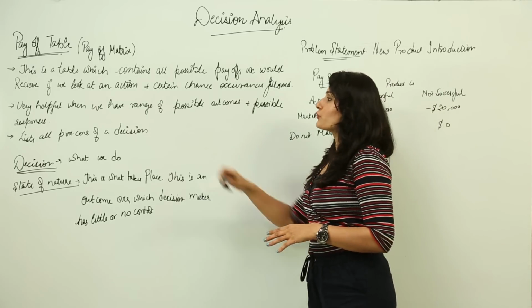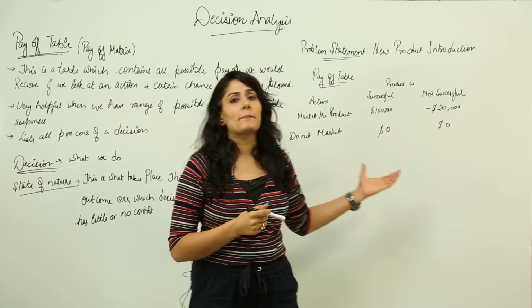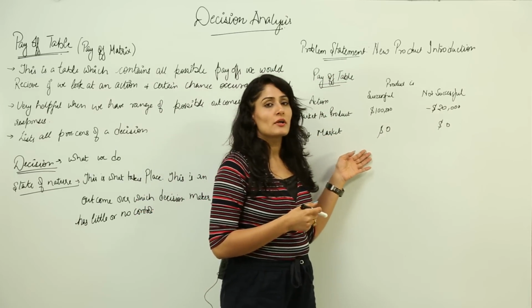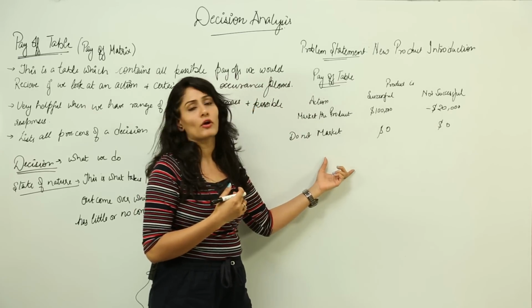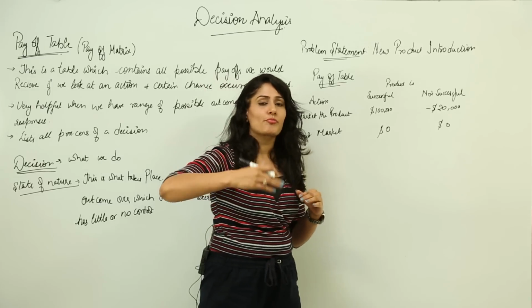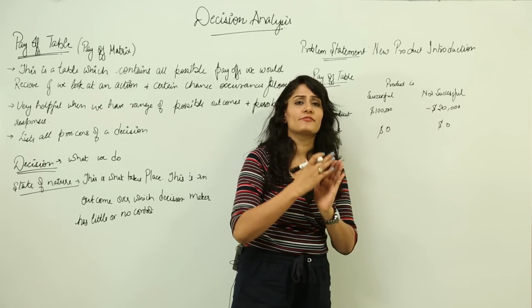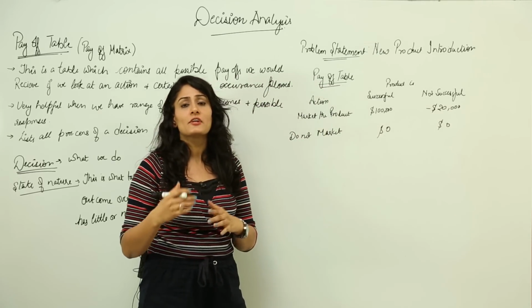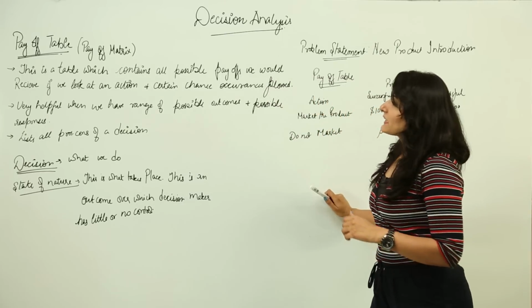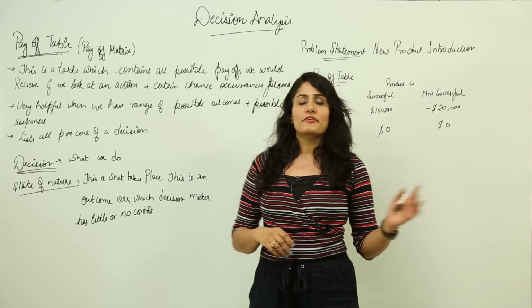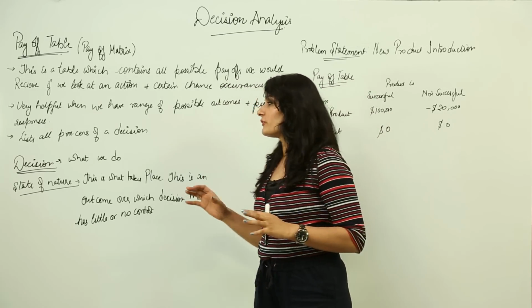It's very useful when we have a range of possible outcomes and possible responses. This is a very basic one. Here there are only two conditions, but in real life cases or projects, things are not that black and white, right. There are a number of probabilities which we are going to discuss. This is very simple, but in case we have a lot of probabilities and alternatives, this tool is more helpful than creating a payoff table, right. Then it lists all pros and cons of a decision. Obviously when you know the expected value and the probability, you find out all the pros and cons of a decision.